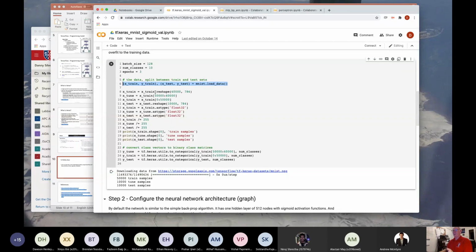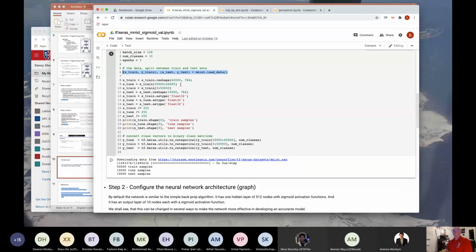Now, when we're doing learning, it's important not just to know how well it does on the data we're training on. We want to know how well it's going to do on future data. So that's why we've carved things up into the training set and the test set. X is our inputs, and Y is our target values. This is just indicating whether it's a 0 or 1 or 2 or 3, etc. And then the X test and the Y test are its counterparts.